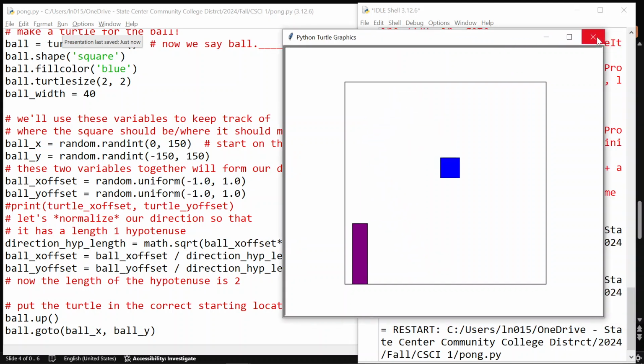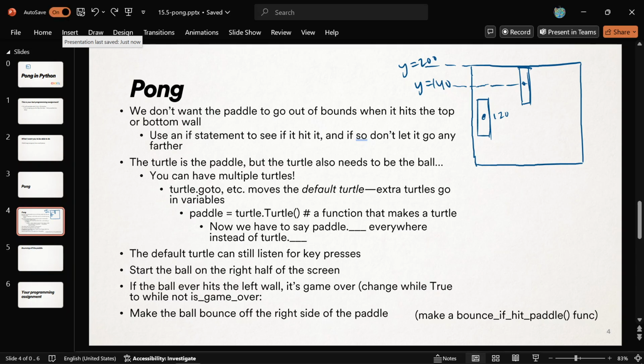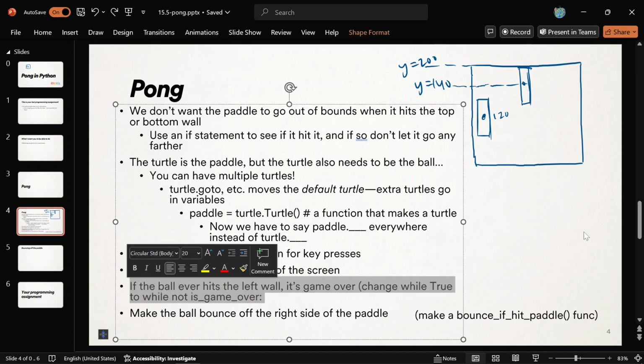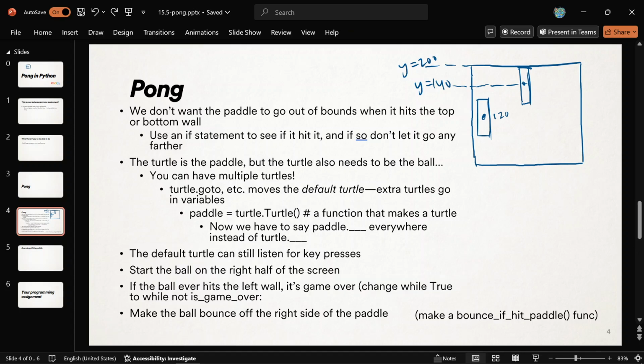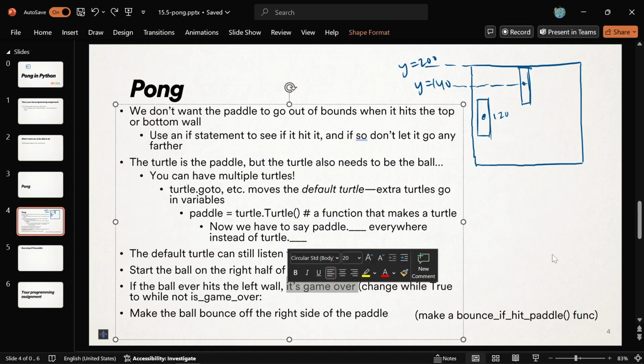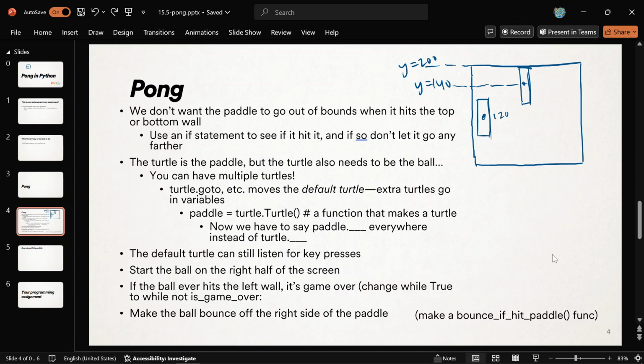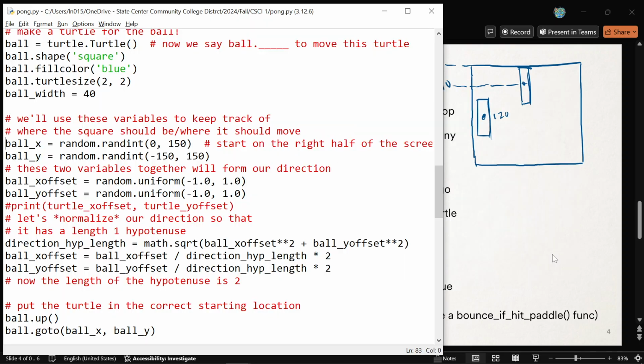I think maybe we'll do it in that order because I think it's easier to notice if we hit the left wall. I'll show you how to do that. So if the ball ever hits the left wall, it is game over essentially. And so an easy way to keep track of if the game is over or not is to use a variable. So here at the very start of the game,